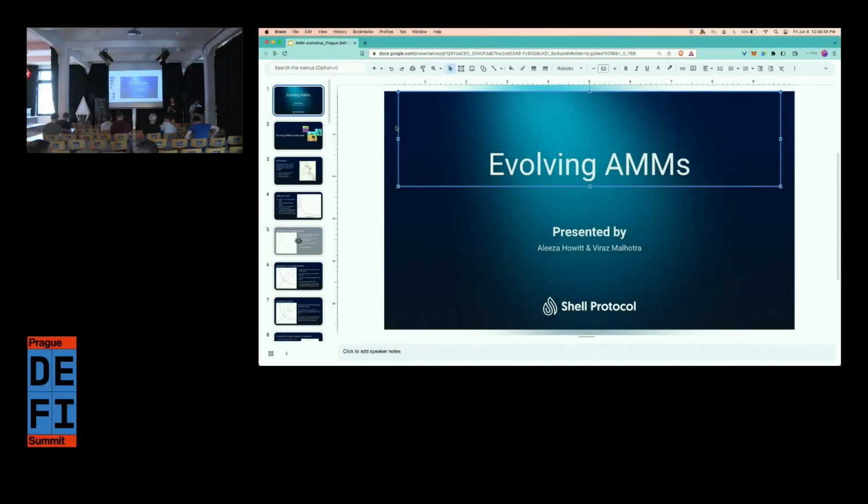Guys, in this talk, we are going to explain what an evolving curve is, what it's good for, and then we're going to do a demo of how they work. But first, let's pop over to the Shell app and do a quick